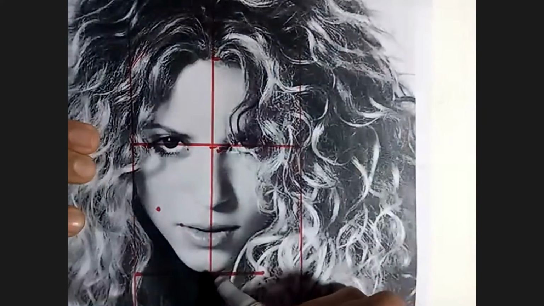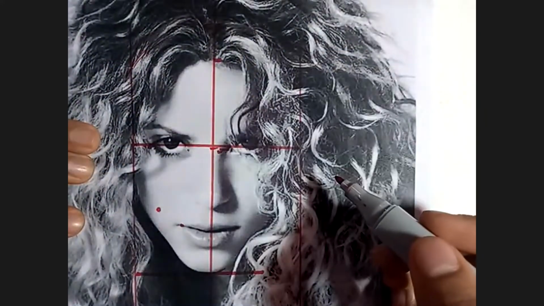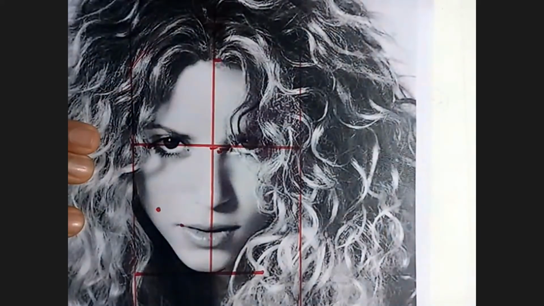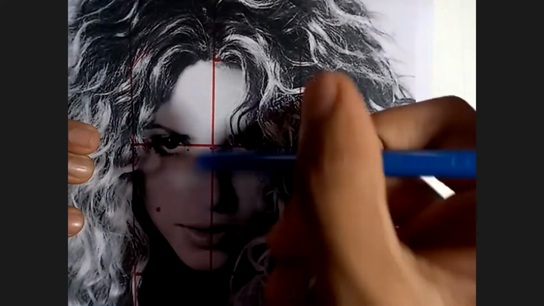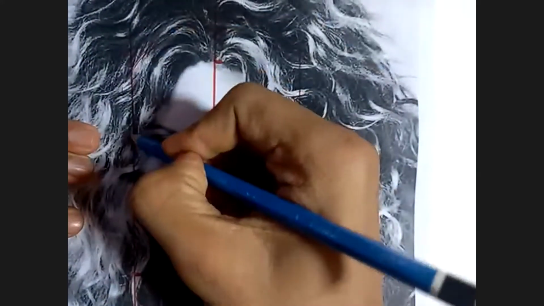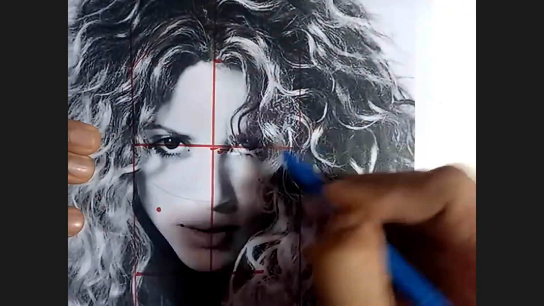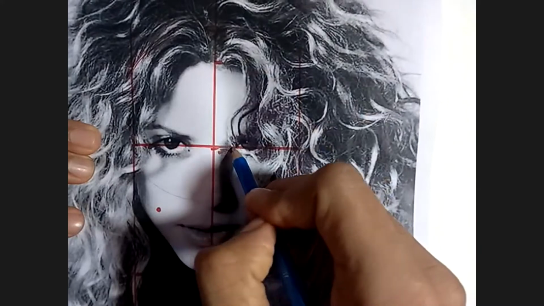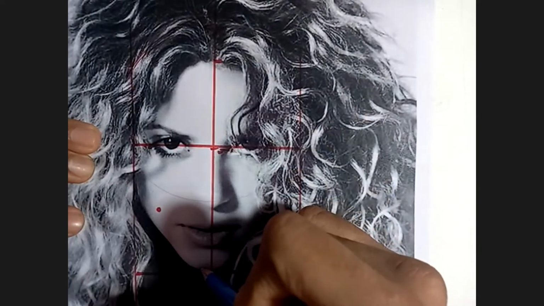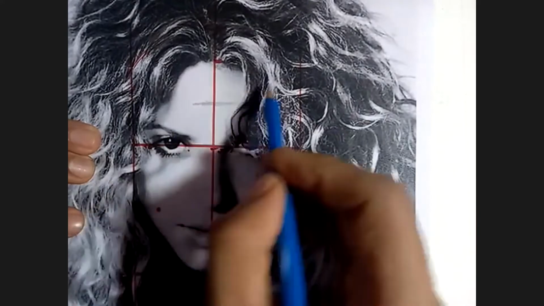It would be an error. If we draw a circle as a whole, this would look very dumb. It looks like a potato. So rather, we are going to draw a circle from this apex, from these edges. The center of the circle is not going to be this eye line. The center of the face is the eye line. So the center of the circle should be somewhere around the mid of the forehead. Okay? And then we draw a circle.